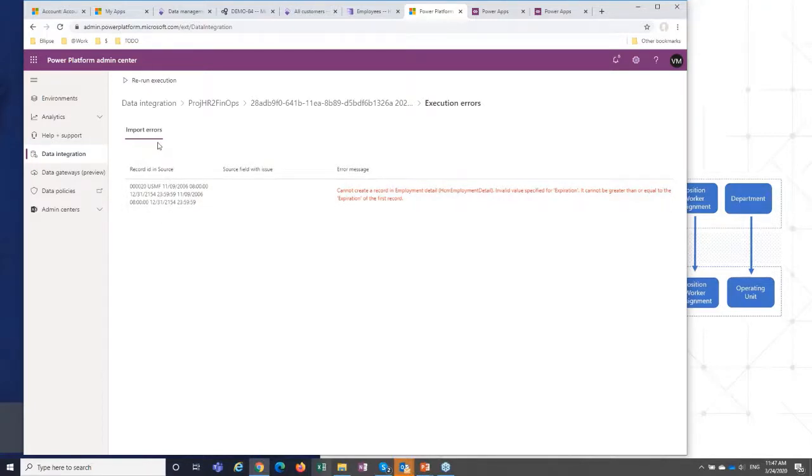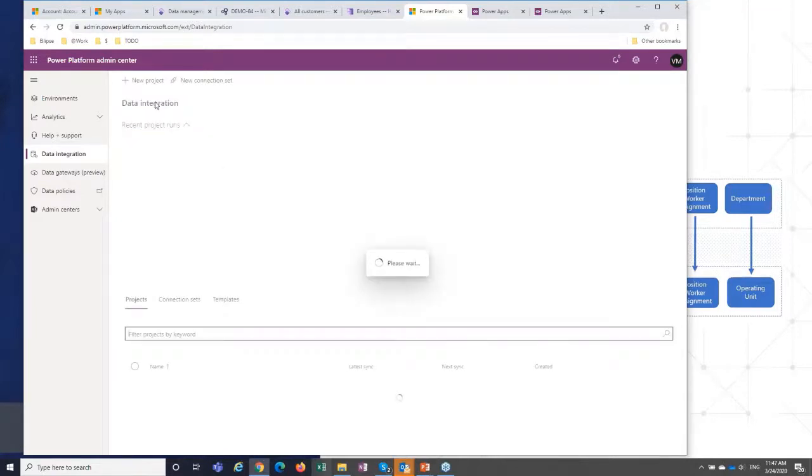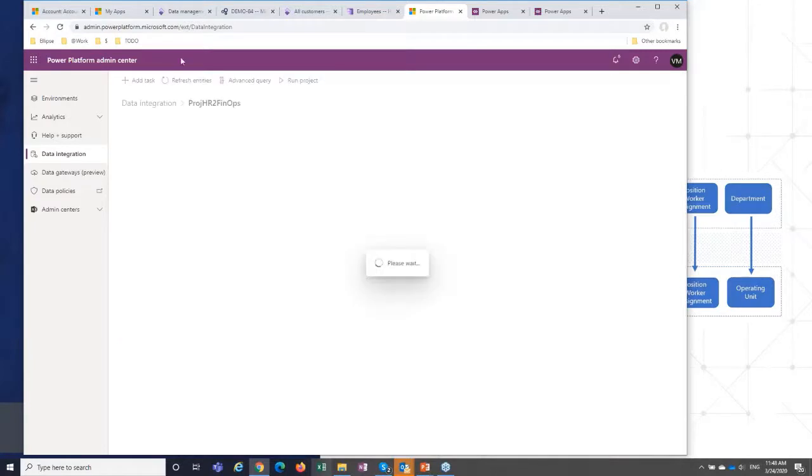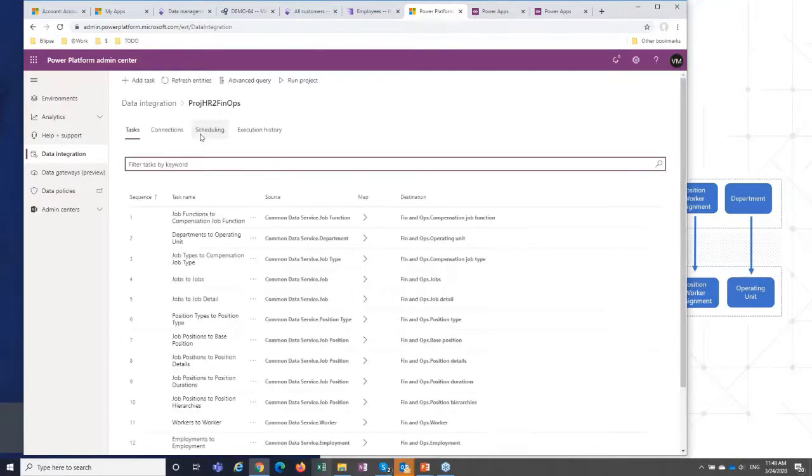So what is the problem with this unidirectional approach? The problem is that when you run your synchronization project, it takes the information from one system and puts it into another, usually on schedule, right?